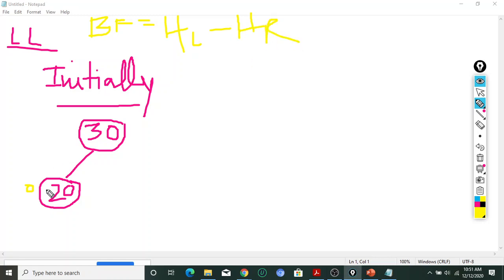Here it is 1. So how can I calculate the longest path in this tree? Which is the longest path? This one. I am not counting the nodes, I am just counting the longest path. This is the path actually. We have gone through so many definitions of path, depth, height. So if you don't know, please go through the class note so that you can get the idea. I am not going to discuss it again. So what is the path length? 1. So that means height is 1. So the height of the left subtree is 1 and the right subtree is missing. So that is actually 1 minus 0, so that is plus 1, right?